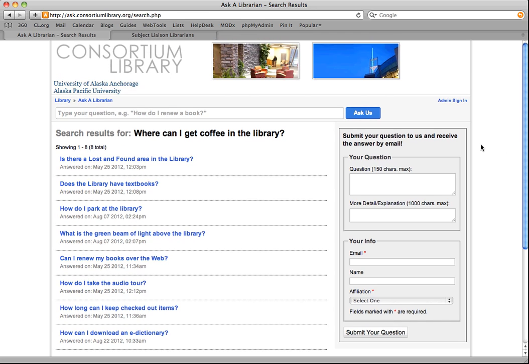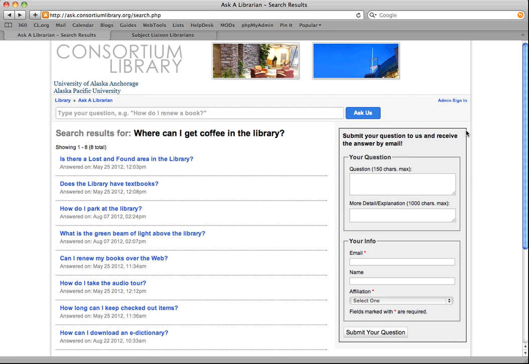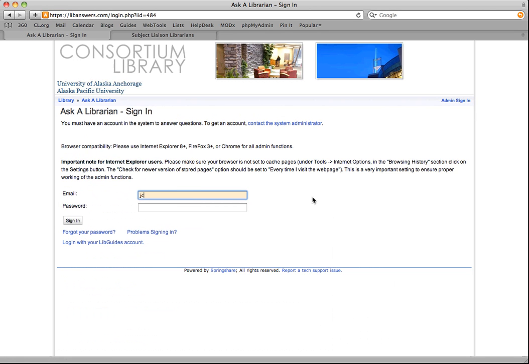So that was all the public interface. That was all what the students see. Let me show you what we see in the back end. You log in. Sorry, let me show you that again. On every screen, this top right corner here has the admin sign-in. You log in